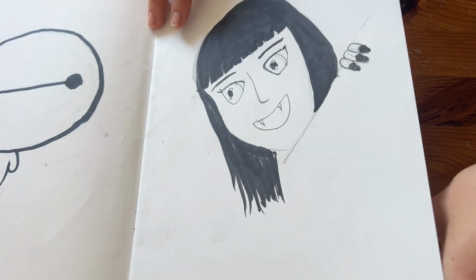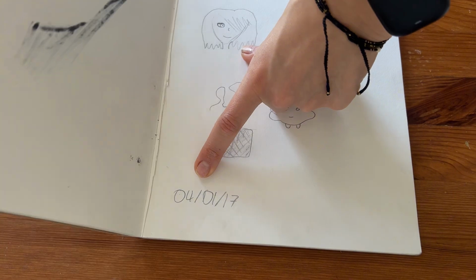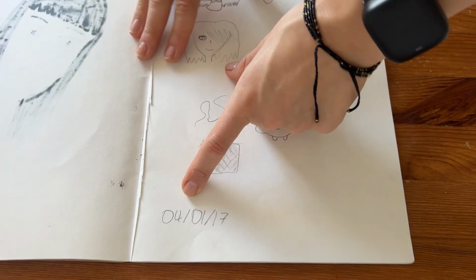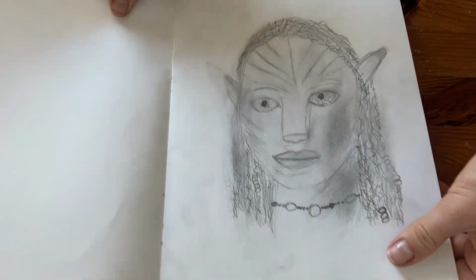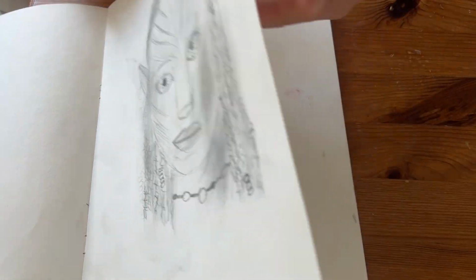I thought I had more to say about this, but as you can see, this is the next day, so all of this was in one day. I drew myself in this style. I really like this. I think it's quite cute, actually. Avatar? I was really proud of this, but it's